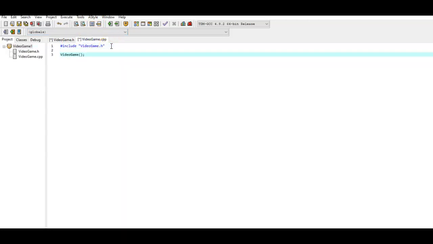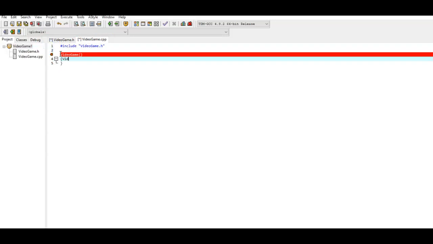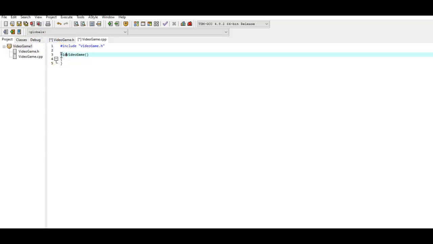Now there's the prototype for the function. But remember, these are class functions, so every function has to begin with VideoGame::